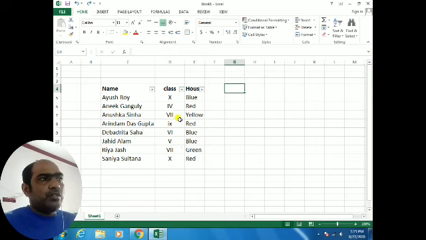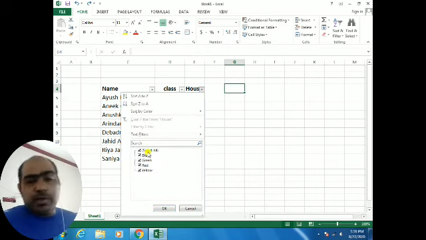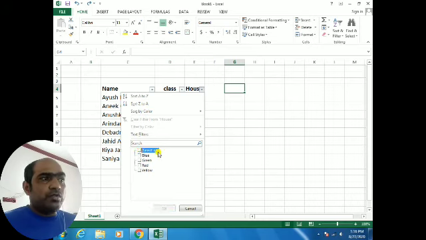Now I will show you only the houses. Now you don't want to see it class wise. If you want to see it house wise, how is it possible? No problem, you will go to the house. Here also first of all you will see the select all option. You have to remove this one. Then whichever house you want to see, Blue, you will tick mark that one, then okay.